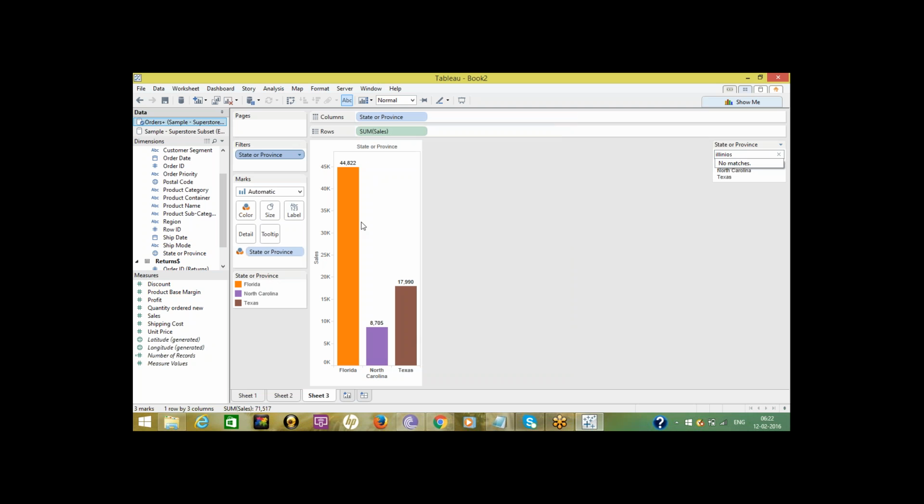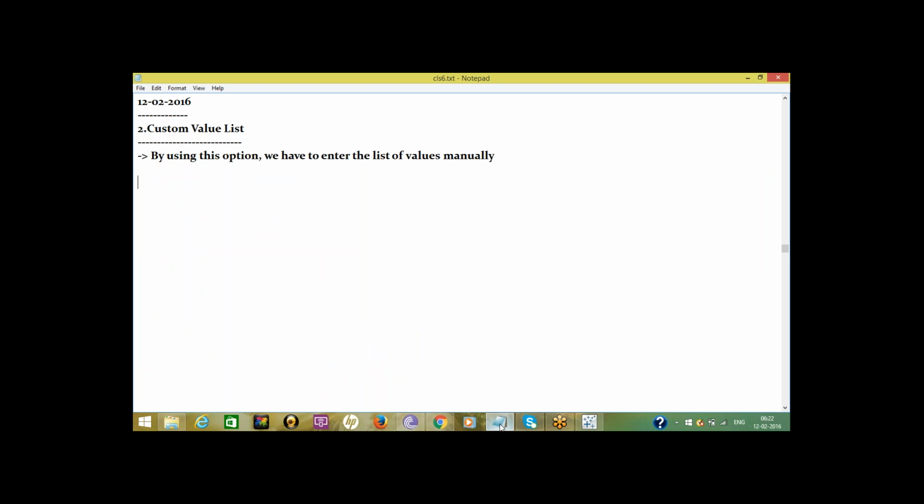Some spelling mistakes. Here we need to type values manually in the custom value list. Next is user.